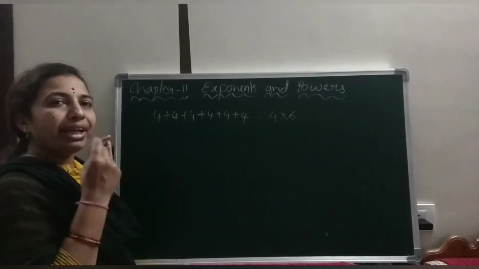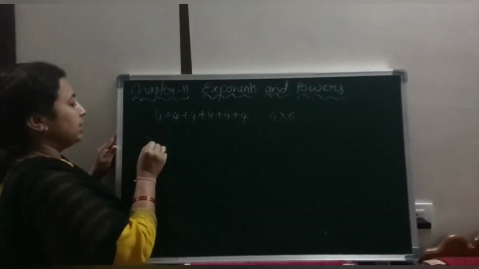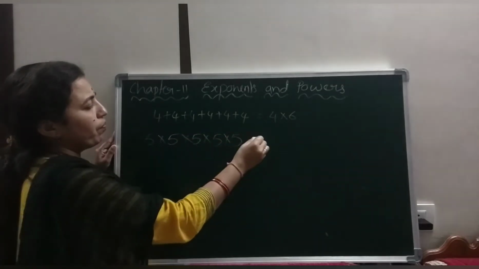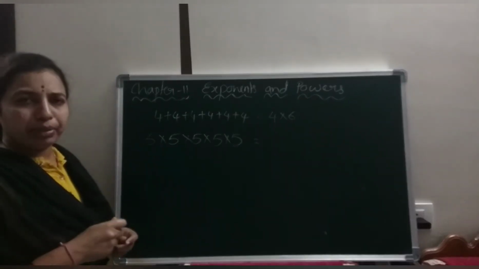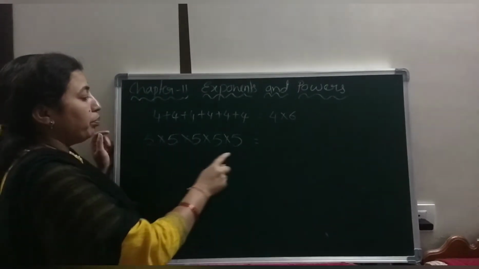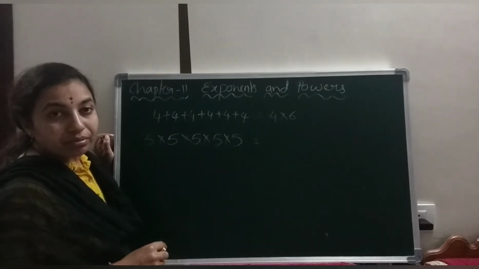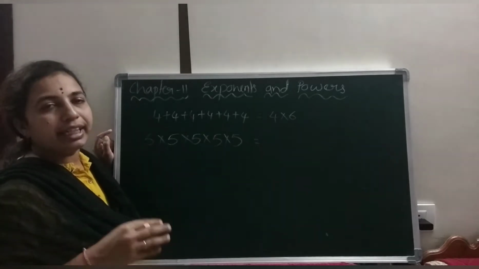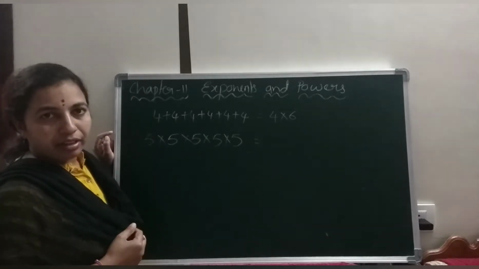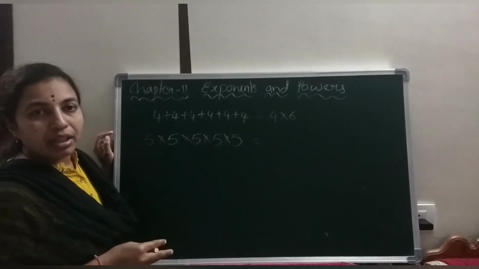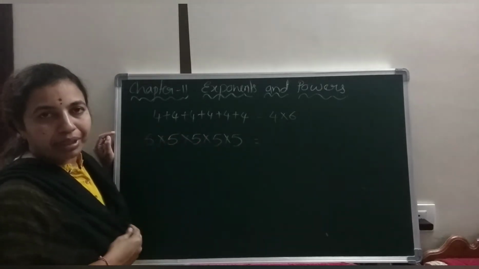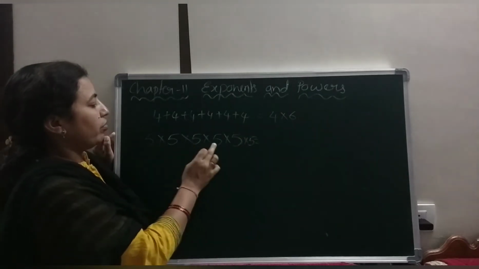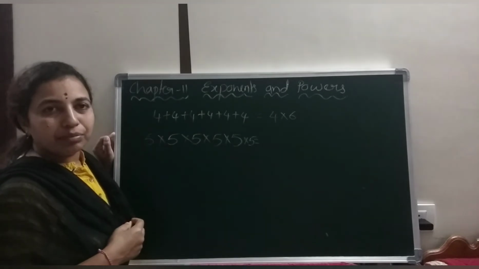When you consider repeated multiplication, see, if I consider 5 into 5 into 5 into 5 into 5. Now, how to write this one? To write this repeated multiplication in a short form, the same number must be repeated here. When the same number is repeatedly multiplied, how will you write this in a short form? Means, how many times is it multiplied? Let me write one more time. Now, see, 1, 2, 3, 4, 5, 6. 6 times it is multiplied.